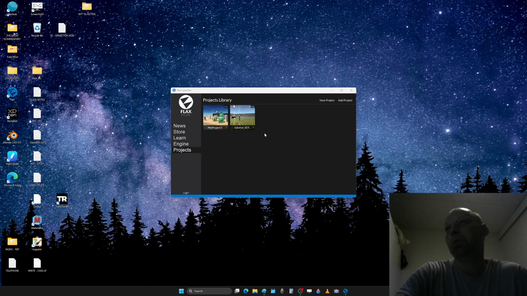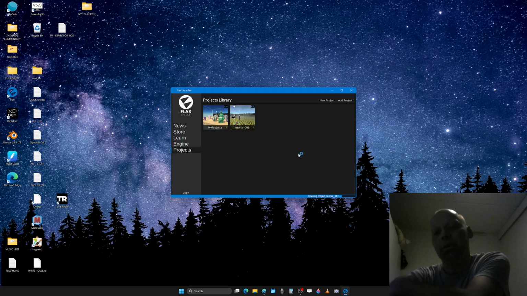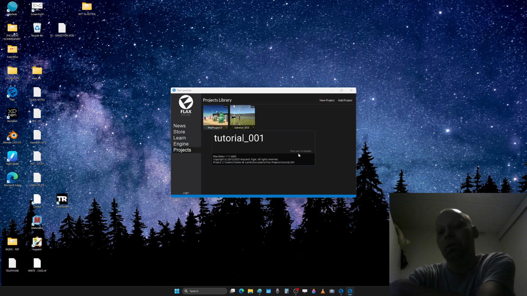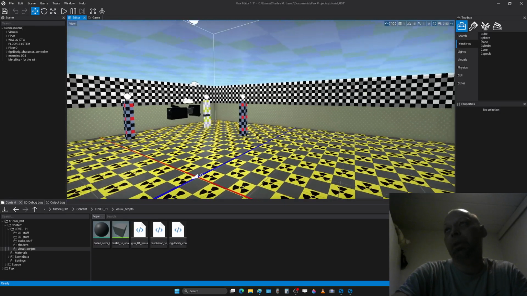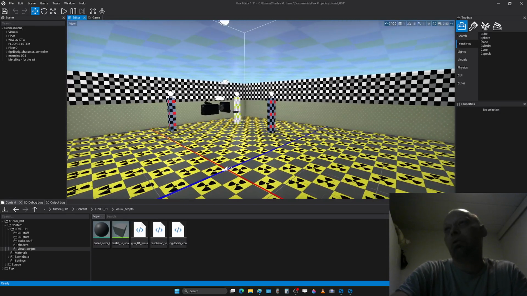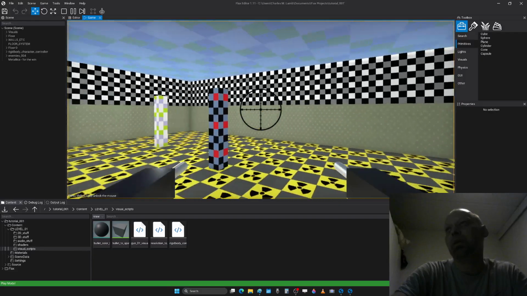Okay, so this is part 2 of the tutorial about how to make something like a shooter in FLAX Engine, a simple spaceship shooter. For now it's just a camera. And in the last tutorial, part 1, we created something like a controller you